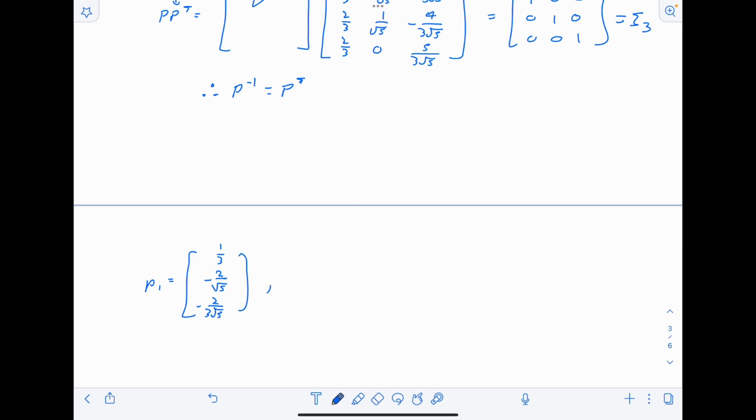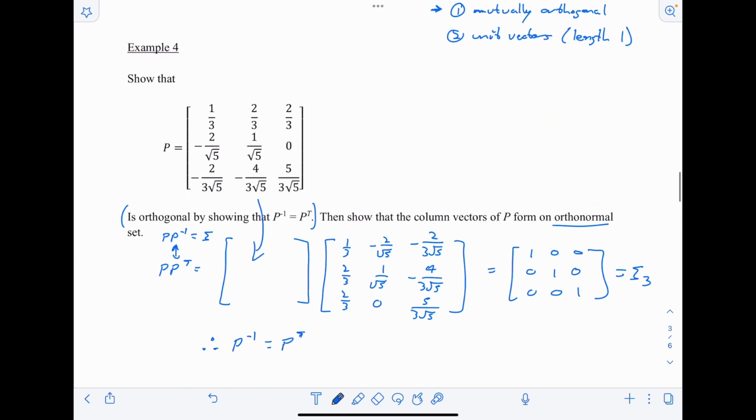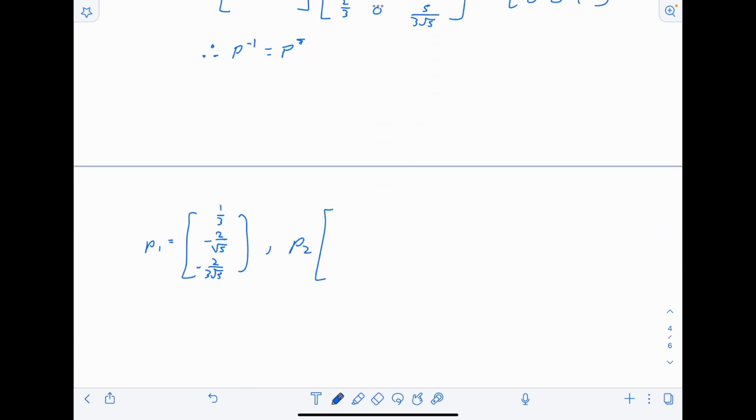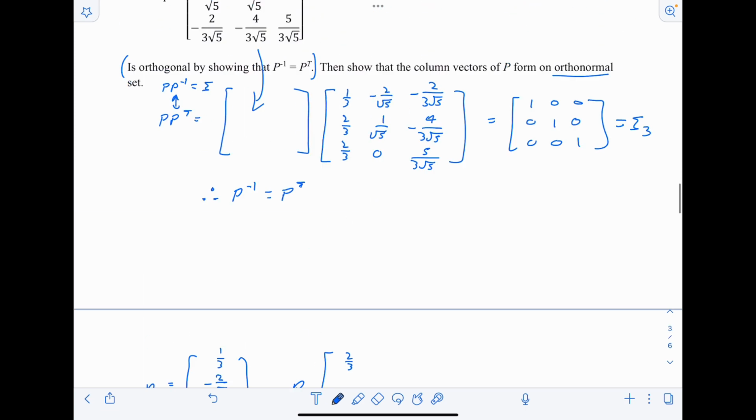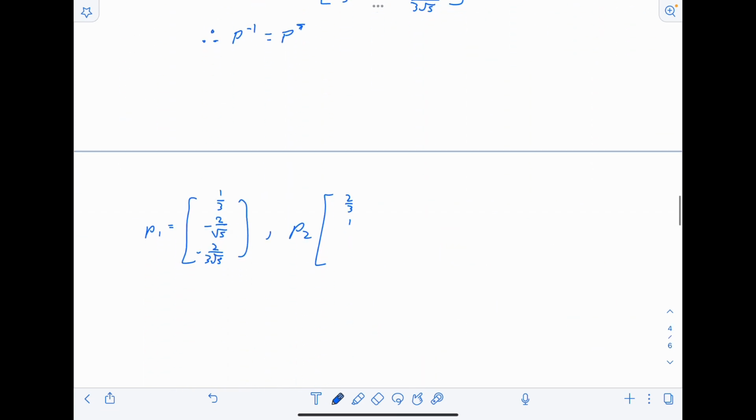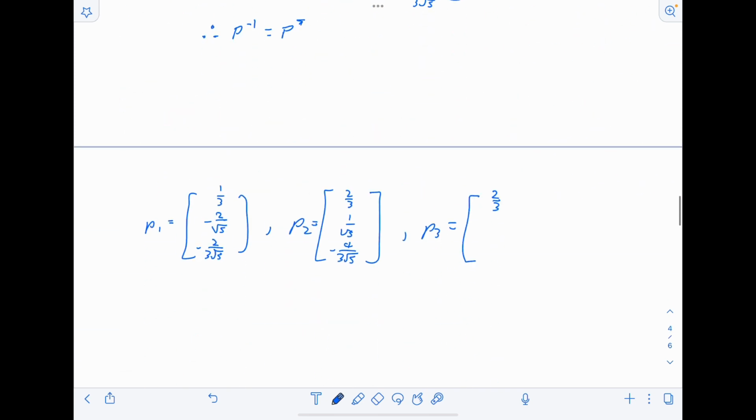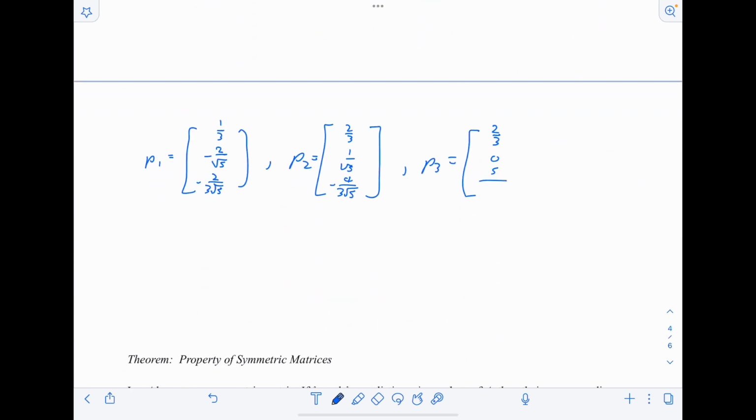And then we've got a second column vector of, what do we have here? 2/3, positive 1 over root 5 and -4 over 3 root 5. And then our third column vector is 2/3, 0 and 5 over 3 root 5. Okay, so these are the column vectors that we need to show are mutually orthogonal, that each one of